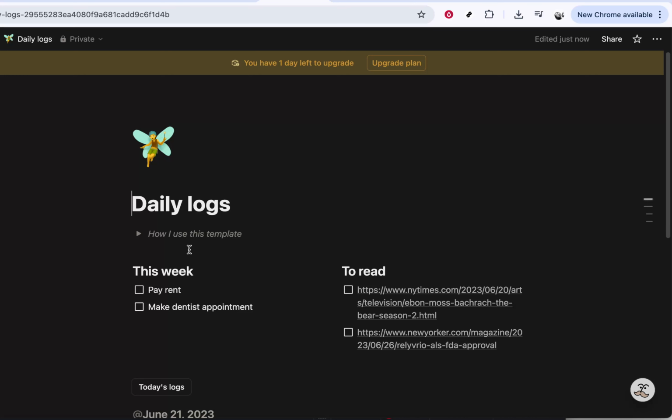That's all there is to it. By leveraging the power of Notion's templates, you've made the process of creating a daily log swift and efficient. With this in place,